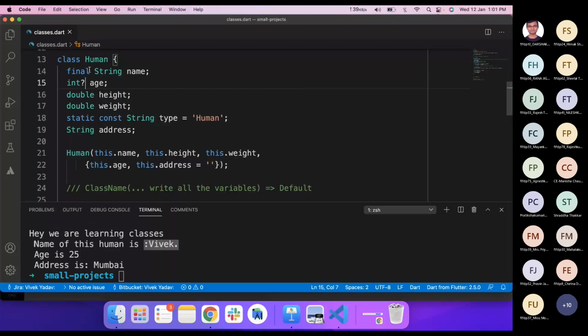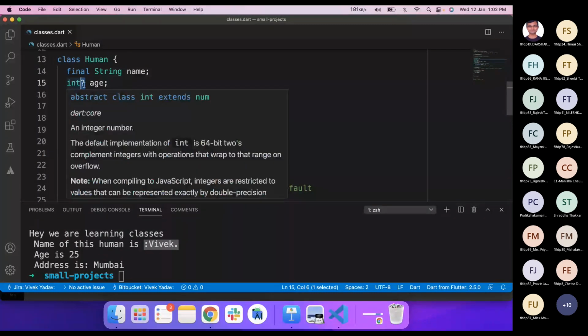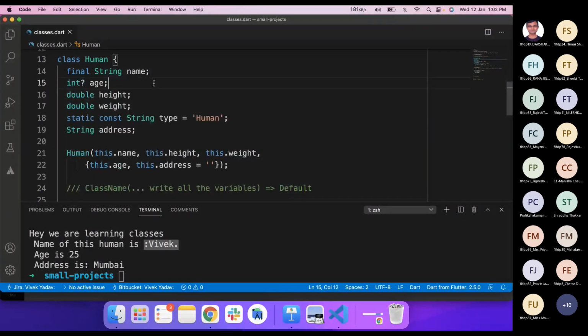As soon as we make it nullable, we can see the error is gone. Even though we are not passing any default value, we do not see that error. And how do we create a variable as nullable? You just have to add this question mark in front of your type, right?